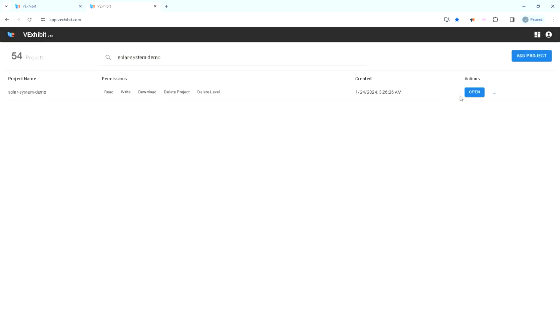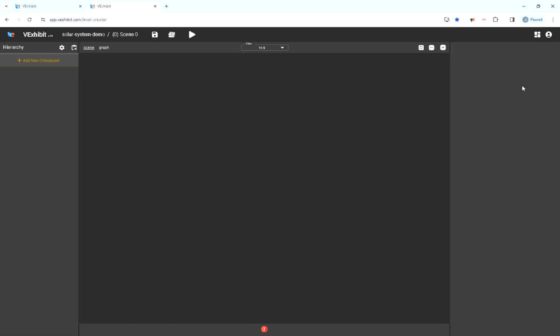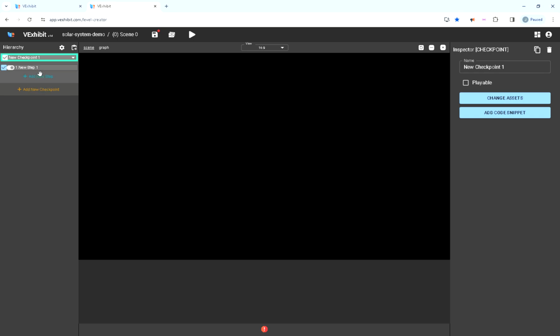Okay, and this is the demo, and here it's open. I already explained what is Steam, what is downloads. Okay, let's go back to the scenes. This is the UI for the VExhibit layout. Okay, so this is a checkpoint, and a checkpoint is a group of multiple steps grouped together. And here is a save for the project, and it's a file and a play to check the